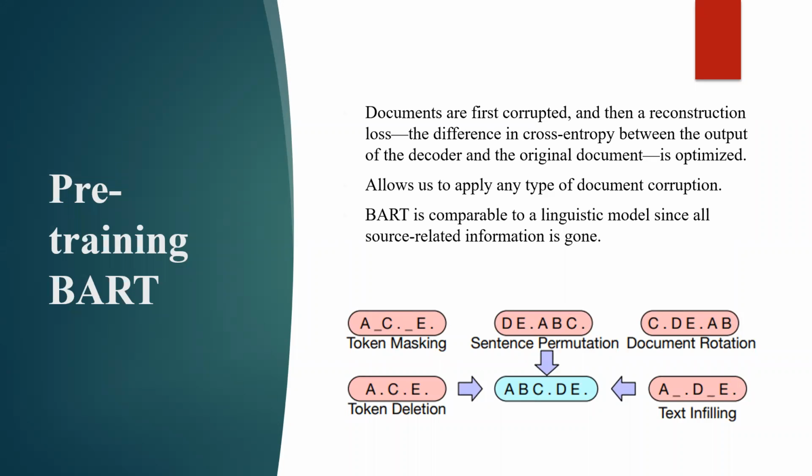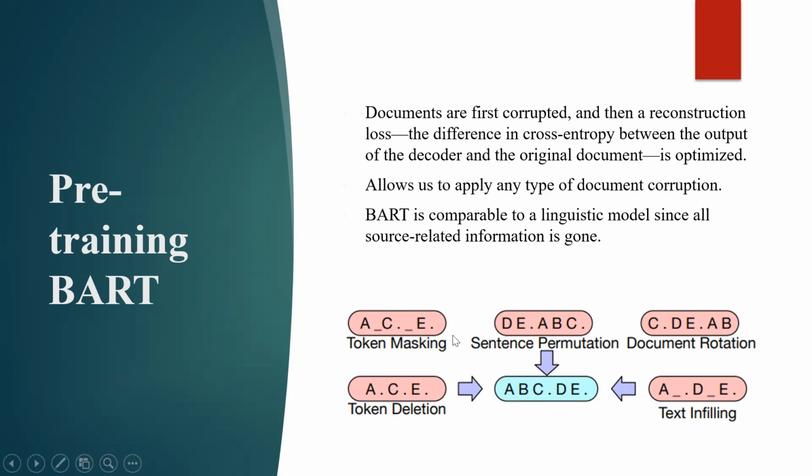Documents are first corrupted and then a reconstruction loss is applied. The cross entropy difference between the output of the decoder and the original document is optimized. This allows us to apply any type of document corruption, and is comparable to a language model since all source-related information is gone. So there are different processes that we follow in BART, which are token masking,